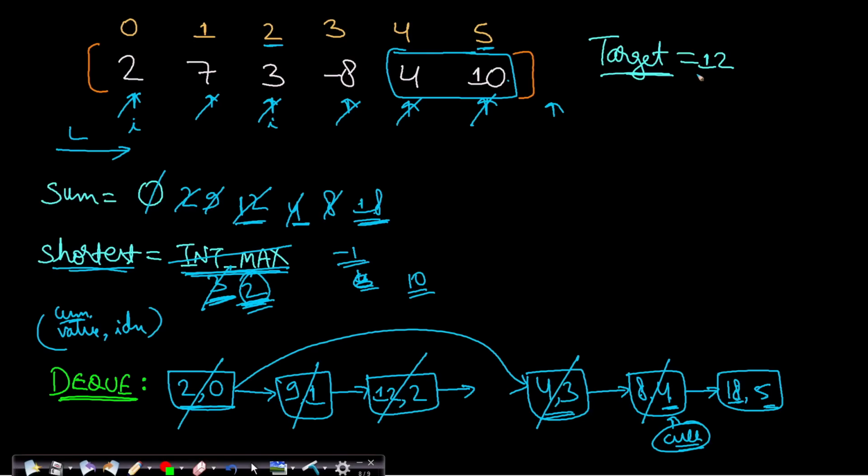Fine. Now in this case, if you see, each element can be inserted into the DQ once and can be popped out of the DQ once. But once an element is inserted and taken out, it will not be reinserted. So the total time complexity is order of n, and the space complexity for this is order of n due to the use of this DQ. Let us now look at the code.